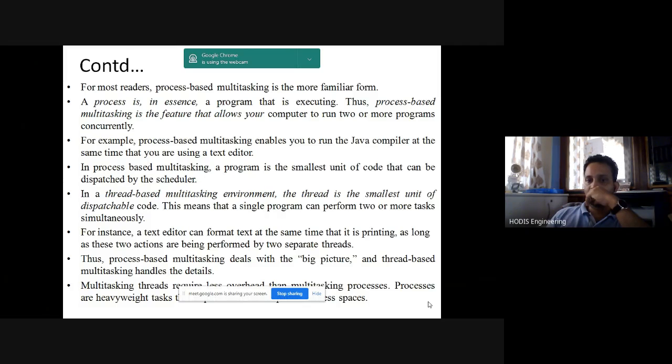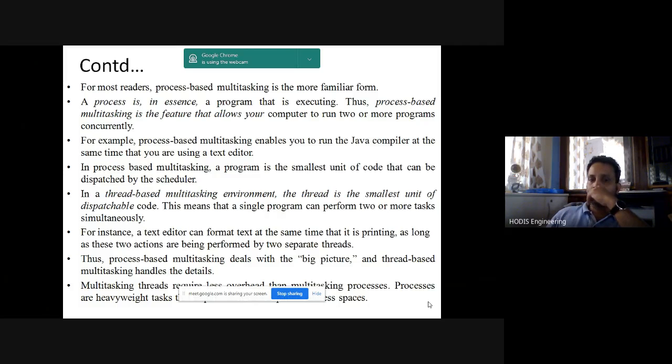Inside the code itself, you will have multiple ways in which you can process and run it. This means that a single program can perform more than one task. You have already seen the example of writing a Java program to find the square of a number and the cube of a number. There you created two threads and asked them to execute simultaneously. If you see the output, it works in a random fashion.